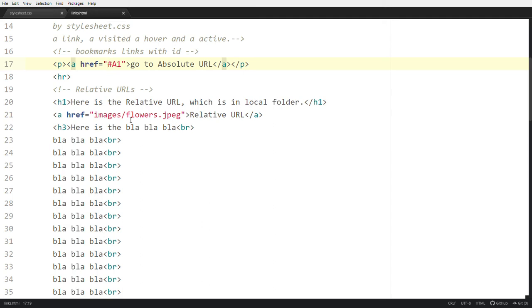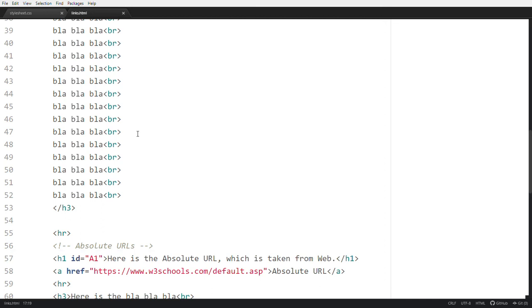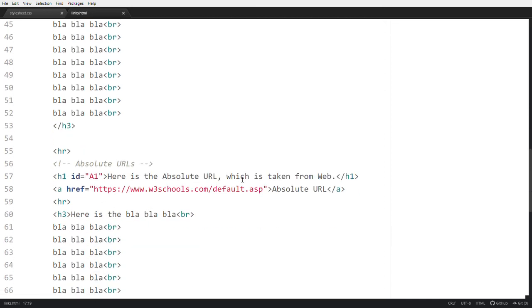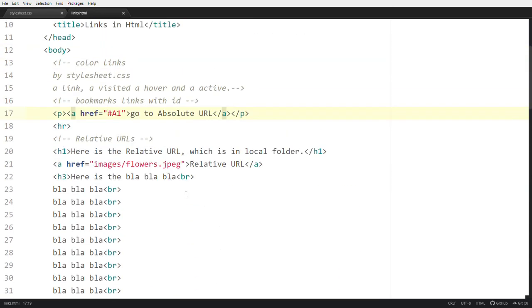To access that, this reference is used. So this is the relative URL, which is stored in local storage on our computer. The second one is absolute URLs. Those are taken from the web, having an address with https://www dot. This type of URL is an absolute URL. These are the two types of links.